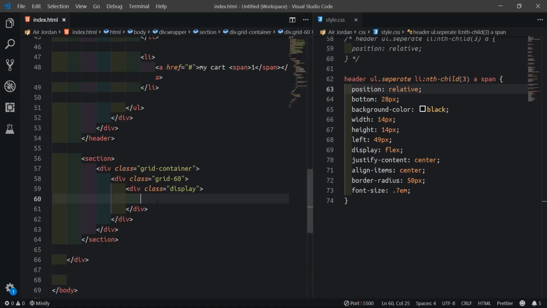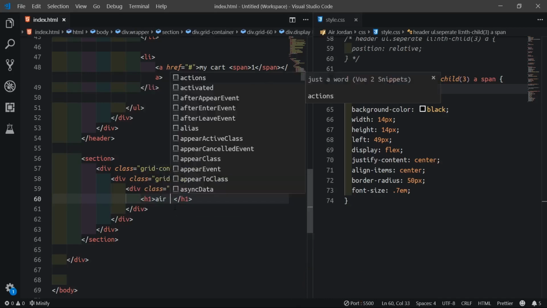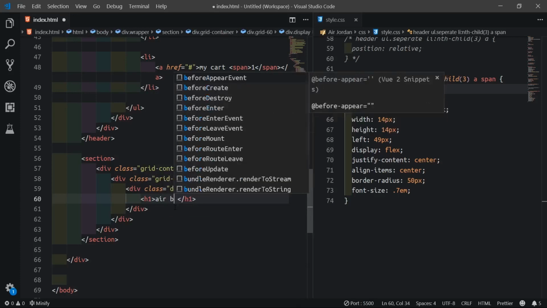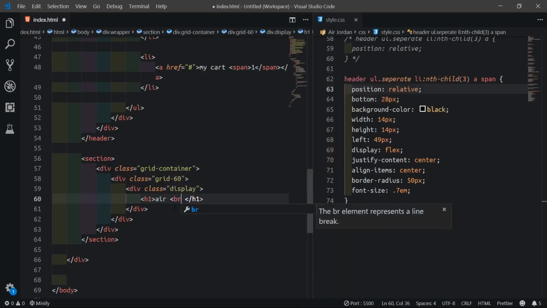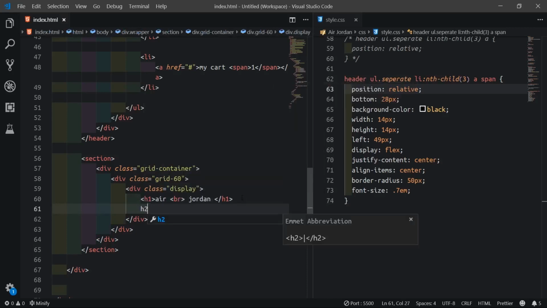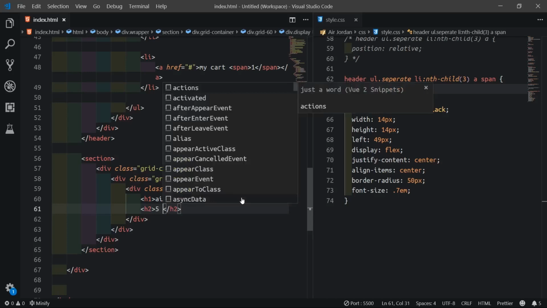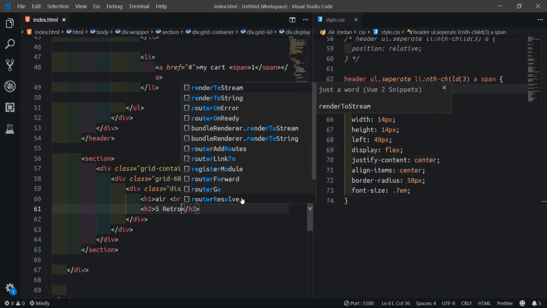Alright, so I'll create H1, then I'll say Air, and I'll create a B arrow. Then inside this B arrow, I'll say Jordan. So I'll say H2, 5 Retro.